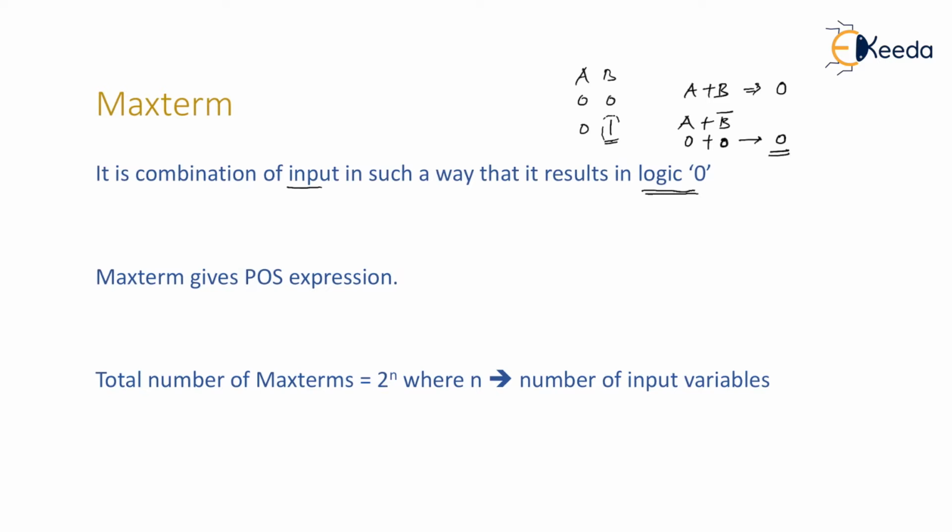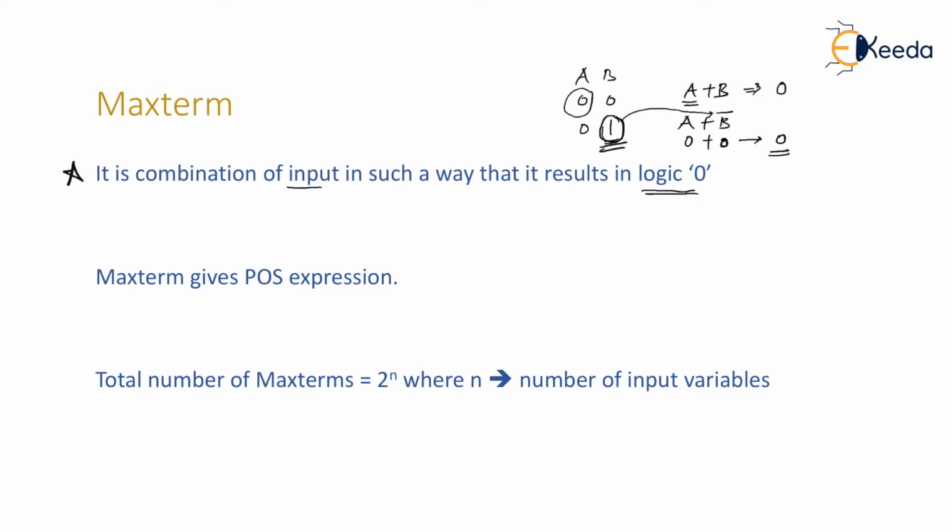So here we are going to follow the reverse rule. In case of minterm, if you remember, if the variable is 0, take it as a complement, and if the variable is 1, then consider the same variable in the uncomplemented form. Exactly the reverse way we follow in maxterm. In maxterm, if the variable is 0, we consider the variable as it is, that is in uncomplemented form. But if the variable is 1, we consider that variable in complemented form, as you can see.